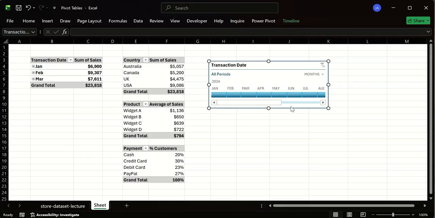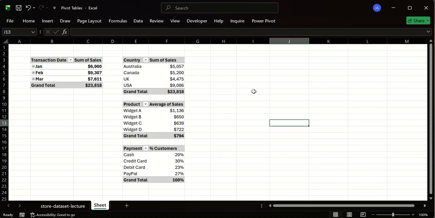So we'll not be using this. We'll not be using the slicer or the timeline, so I'll take it out. That's just a demonstration of how it works. Since we just have 3 months here, it'd be nicer if we had longer dates. Okay. Now,